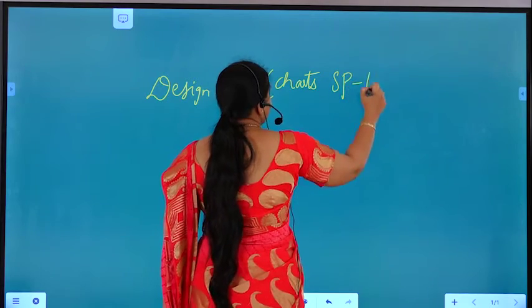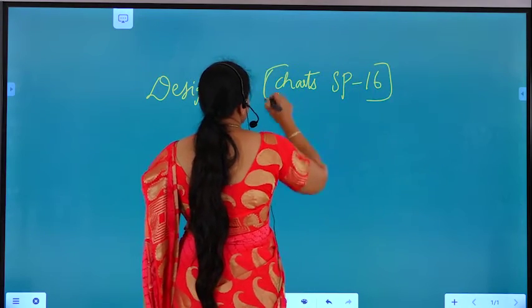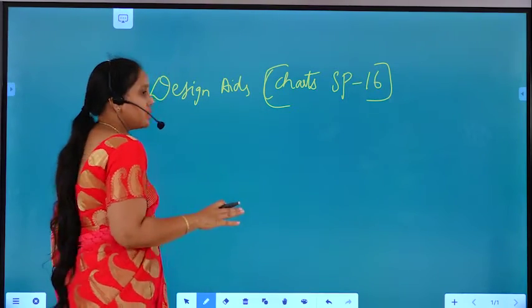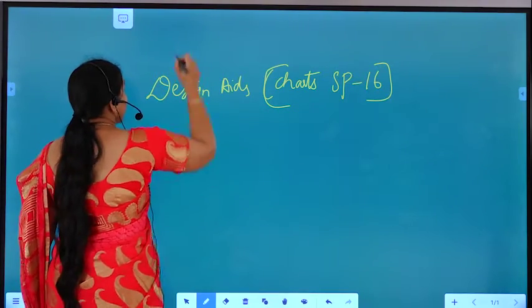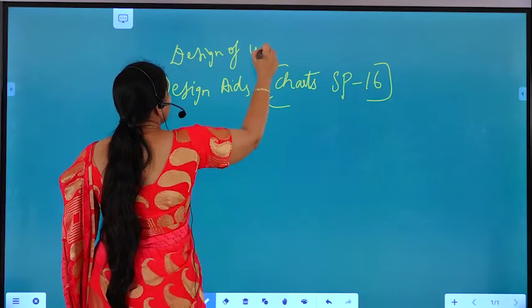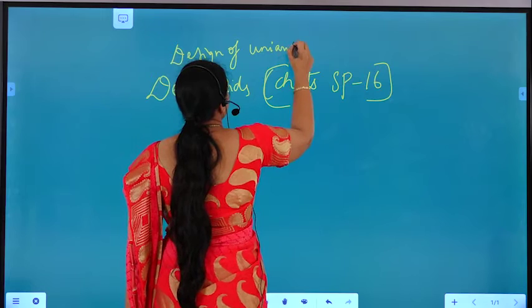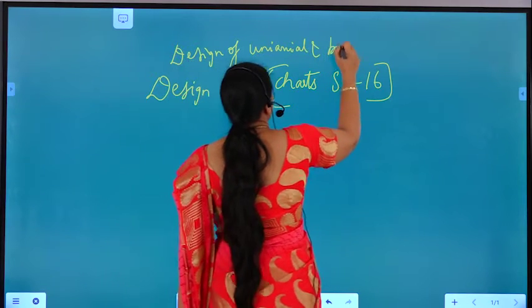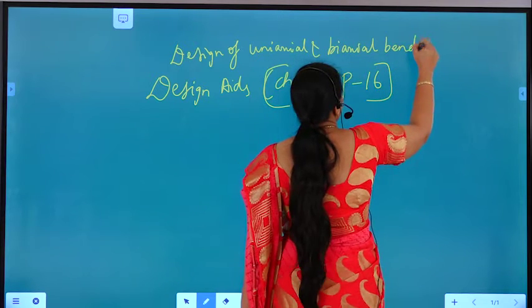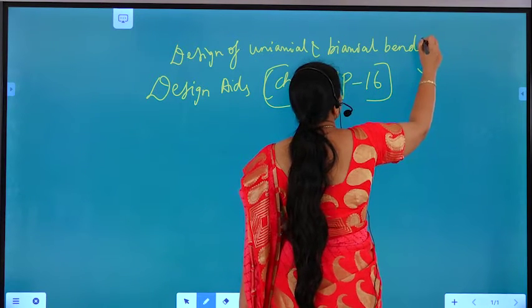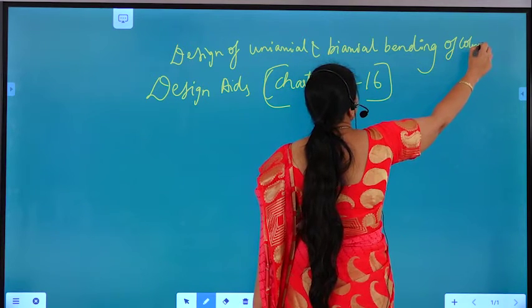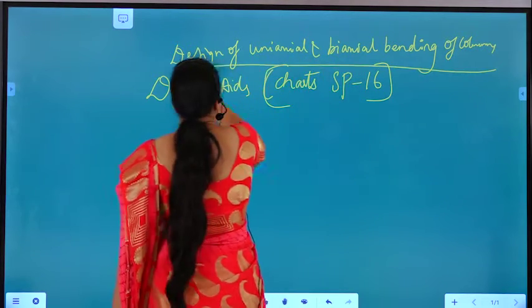The charts from SP 16. So from SP 16 we have certain charts, and those charts are used for the design of uniaxial and biaxial bending of columns. In the design of this we are going to use